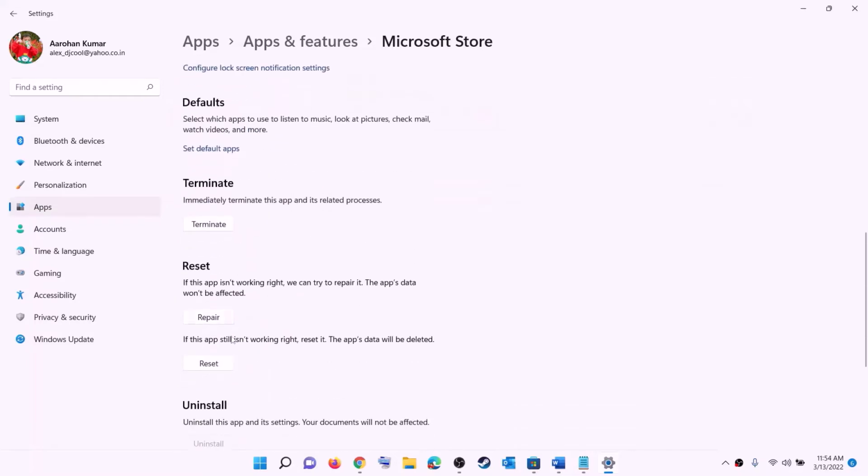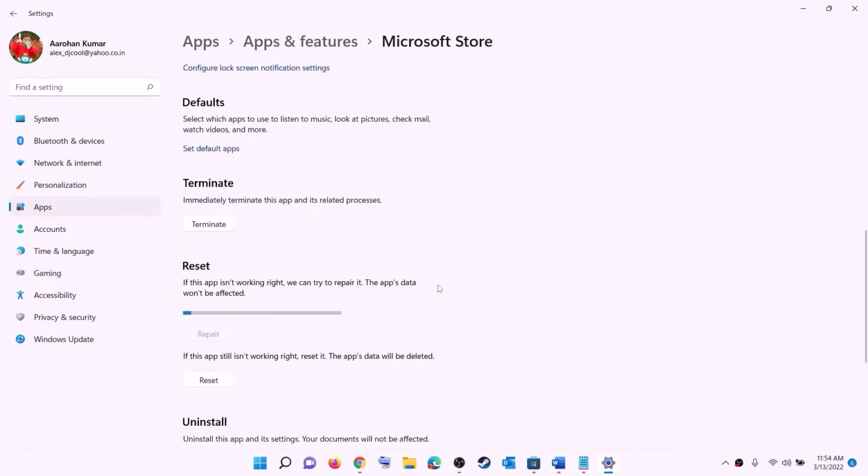Again, scroll down and click on repair, and after the repair, try to install the game, but still you are unable to install it. Then perform reset. So click on reset, and after the reset, open Xbox app or Microsoft Store and then try to install